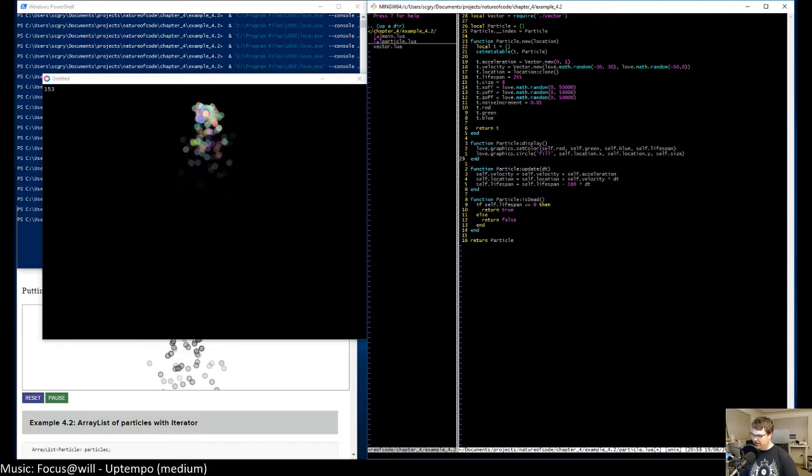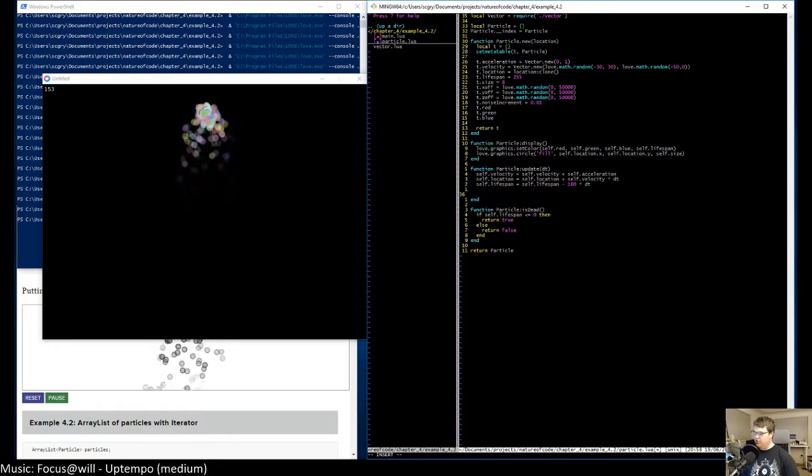Instead, what I'm going to do is in update here, I'm going to first get the Perlin Noise for xoff and then set that to green. I have to scale it up. So I'm going to say self.red equals love.math.noise.